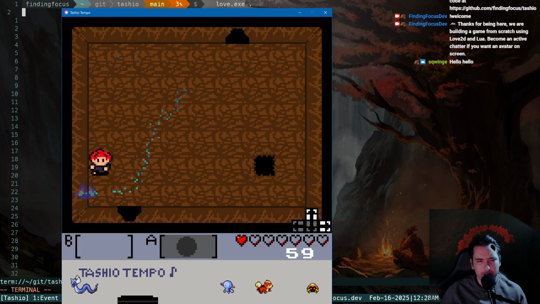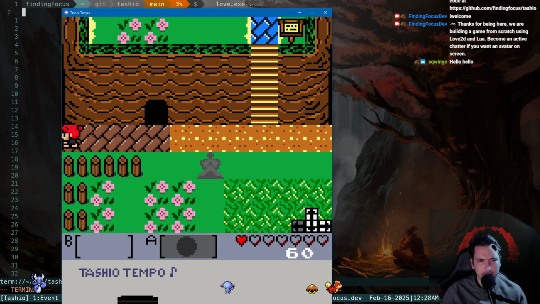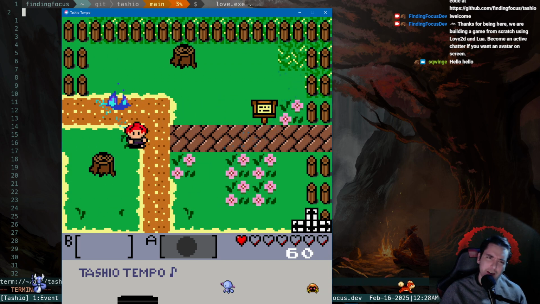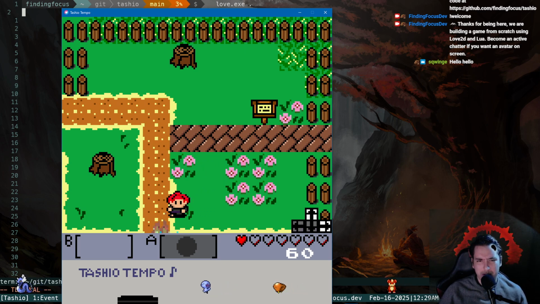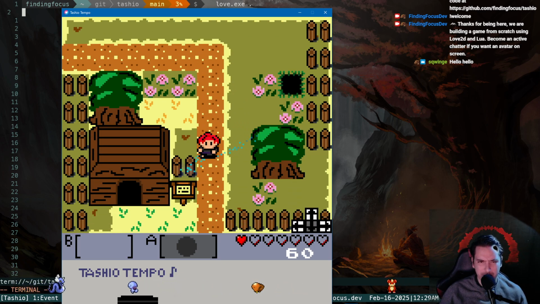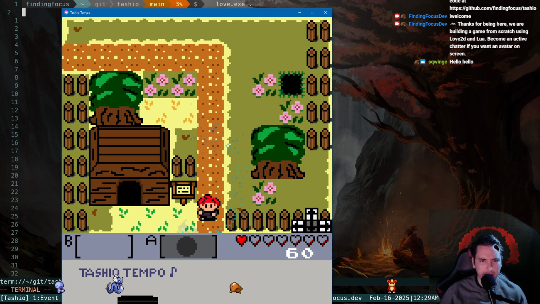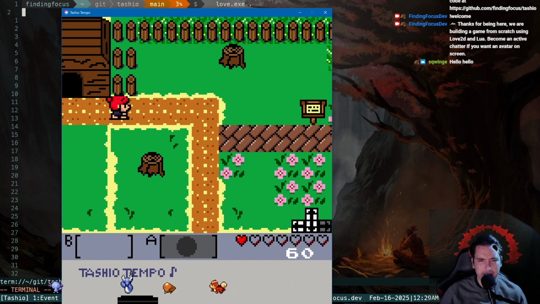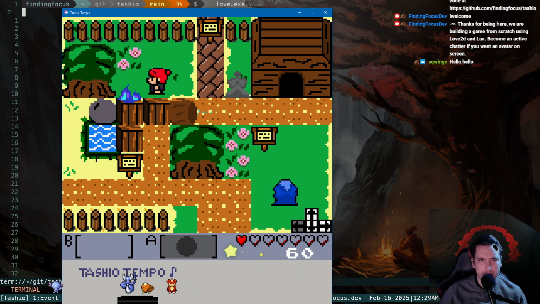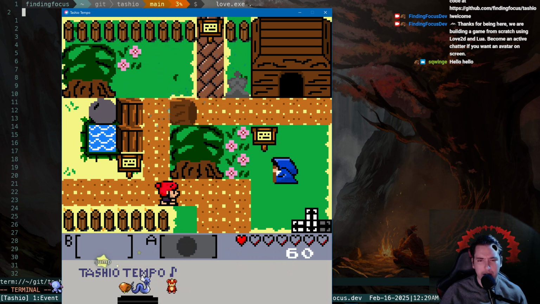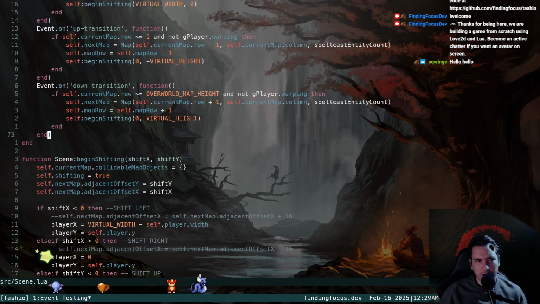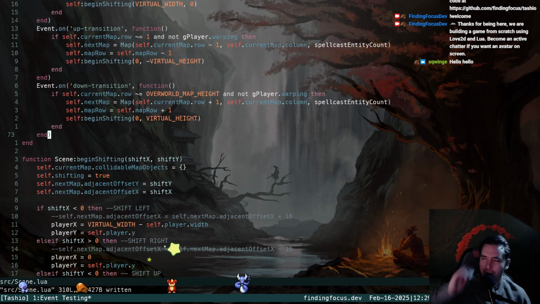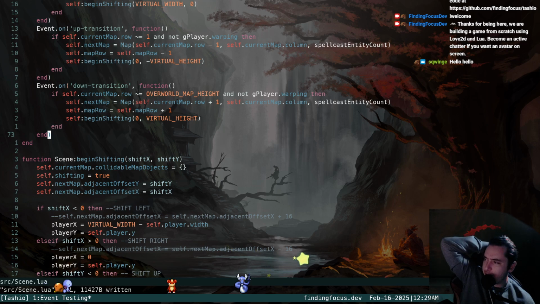Okay, I mean, there's a lot of things I really don't like about how we've developed the spellcast system, because first of all, our maps are declared with a spellcast entity count parameter for how many spellcast entities need to go around the player in the map instantiation, which is the stupidest thing I could think of. And then also, we have both in our scene and our map declared different spellcast entity count values for different things, which is right now hard coded to 1, which is wrong because it needs to update based on the player. So we do need to rehaul this so it's just sticking to the player,